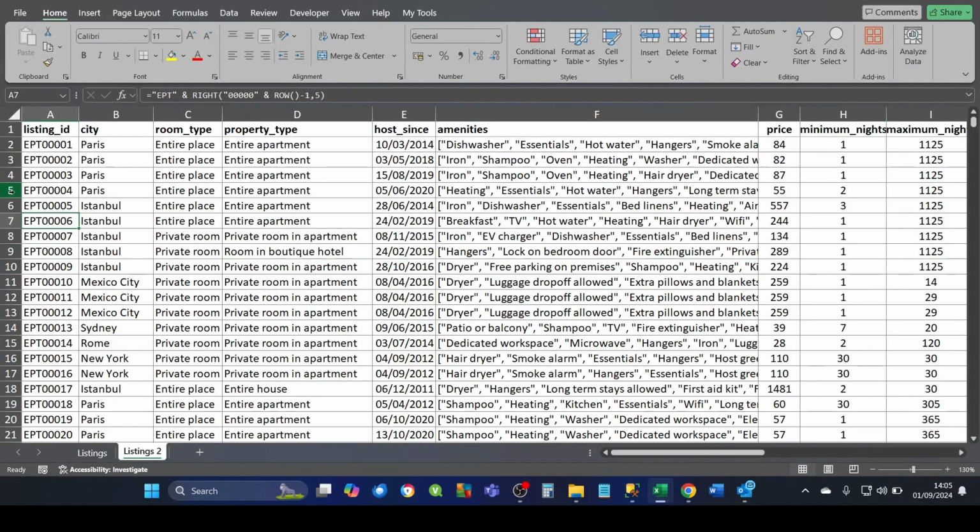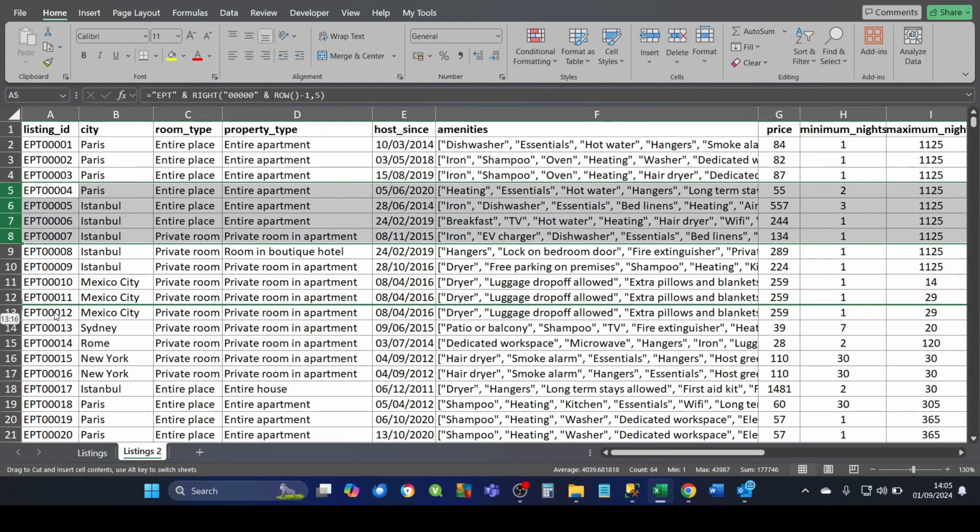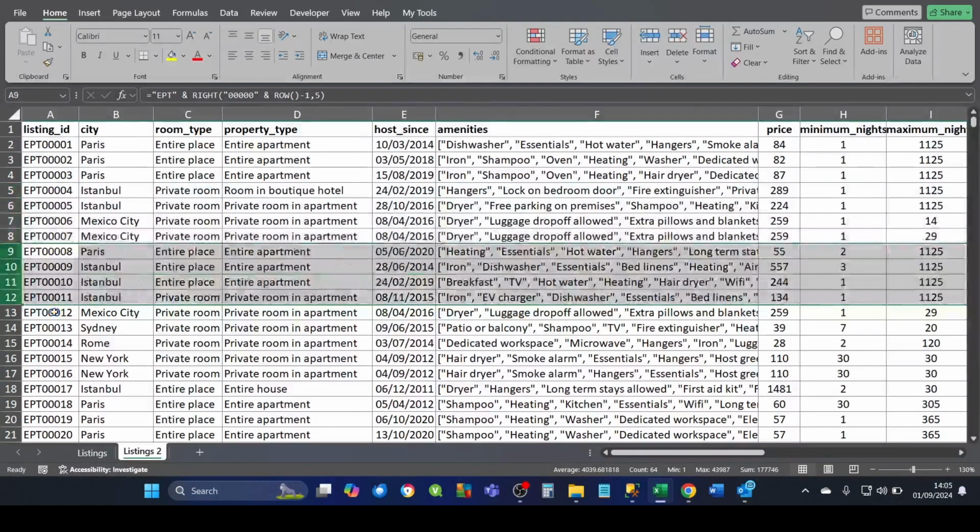Let's do rows 5 to 8, and we want to move it down further. Same principle. We want to move it down to below row 12, and you've moved it